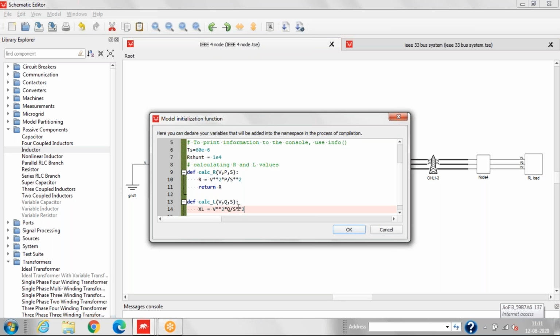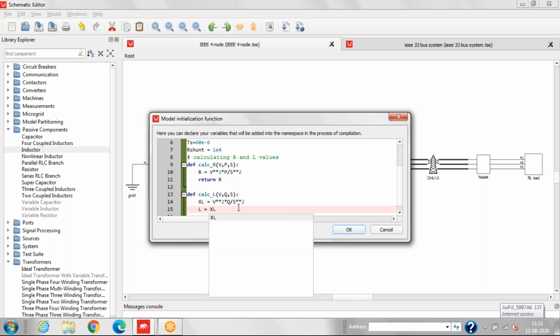Now we'll calculate L using Excel. So L will be 2 into np.pi.